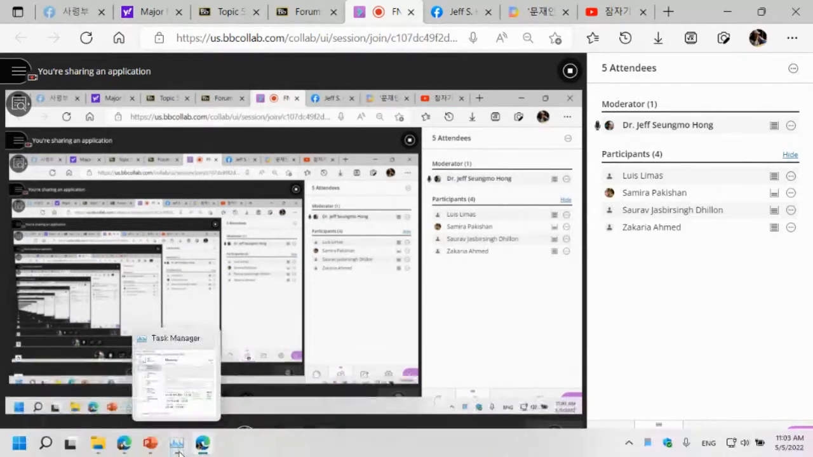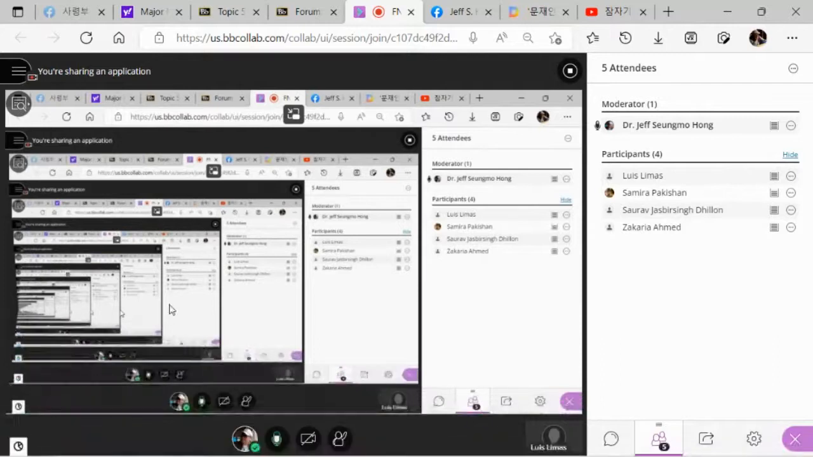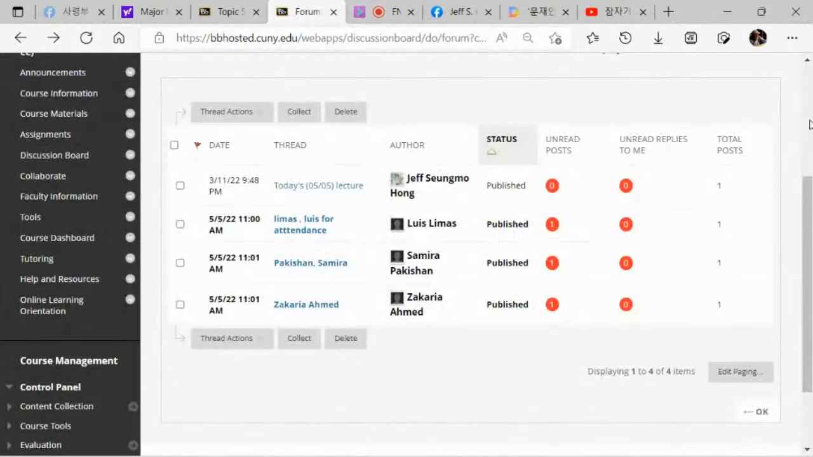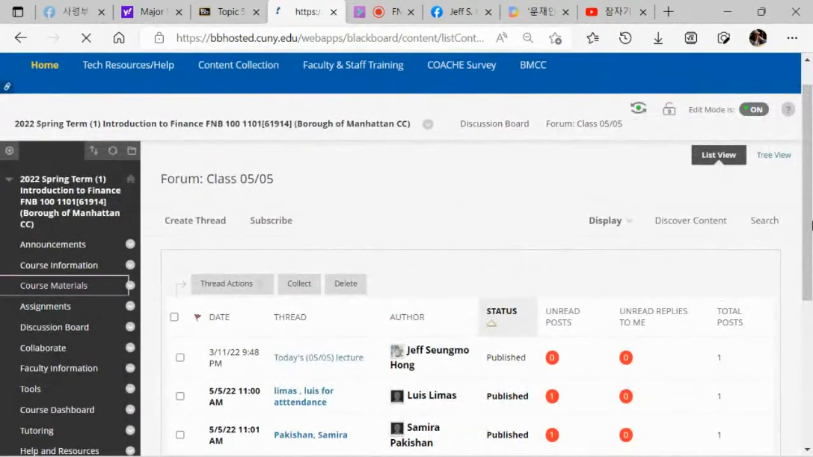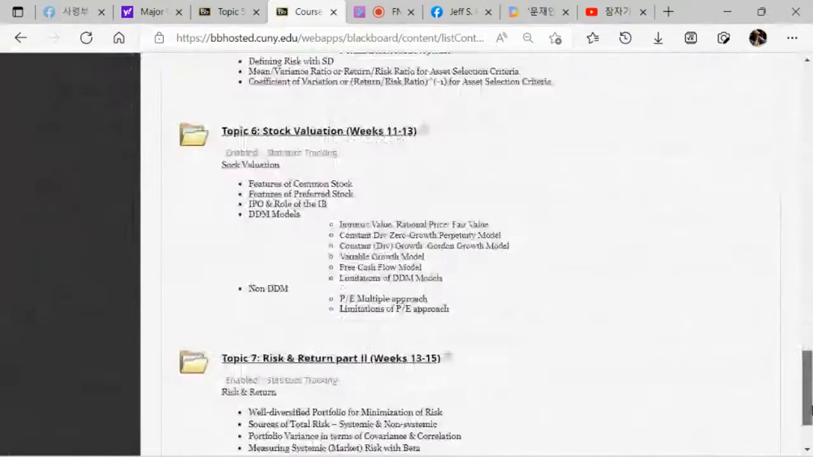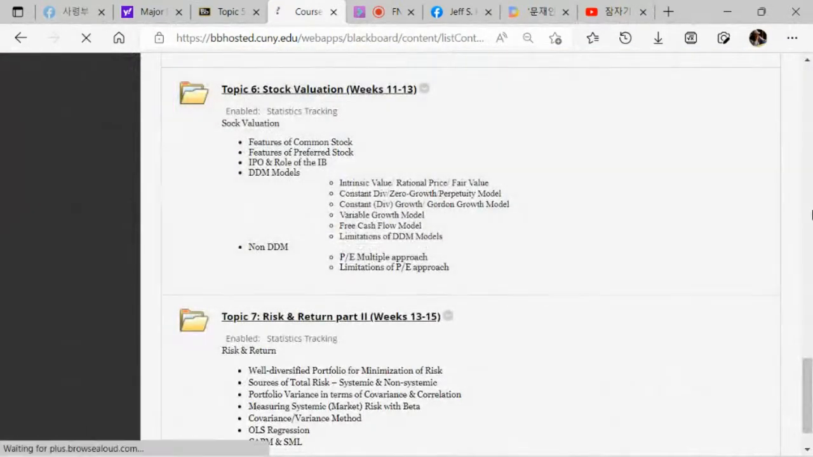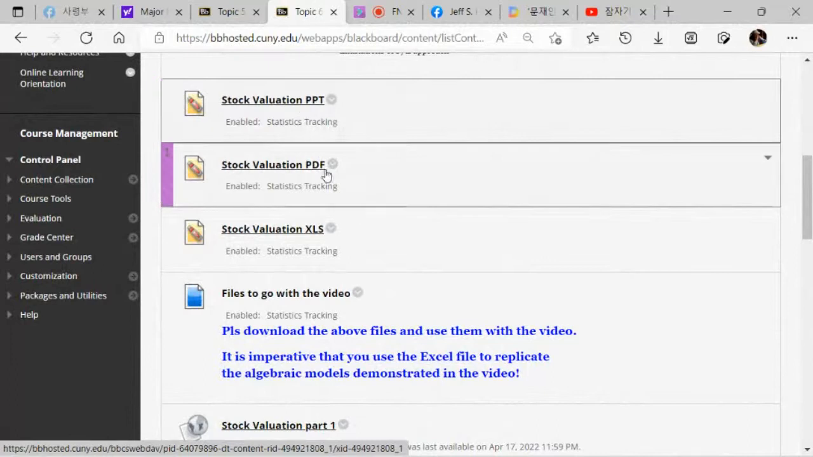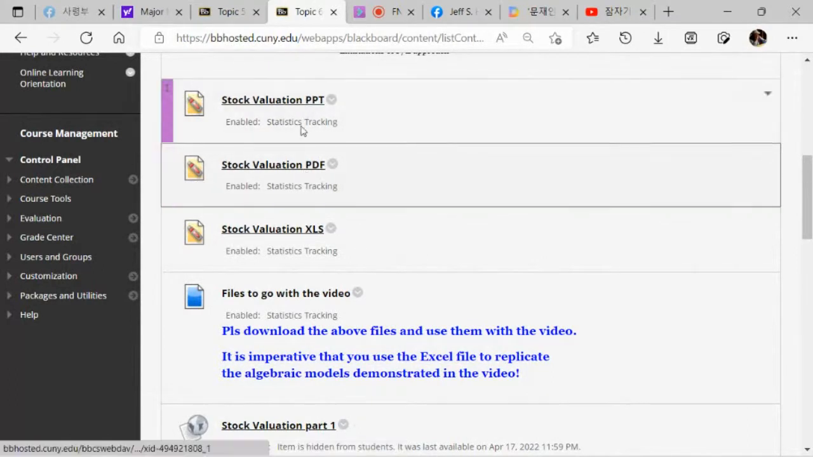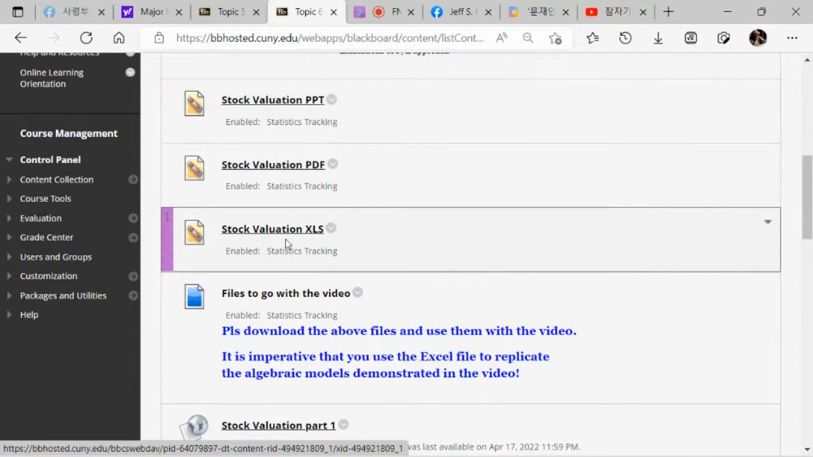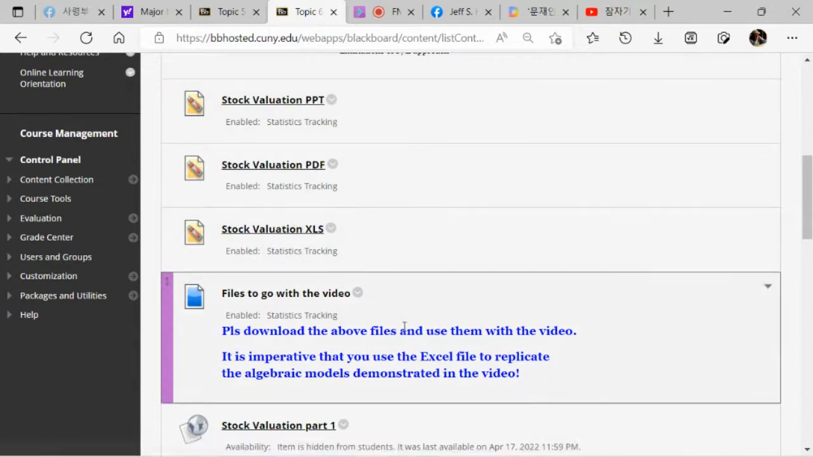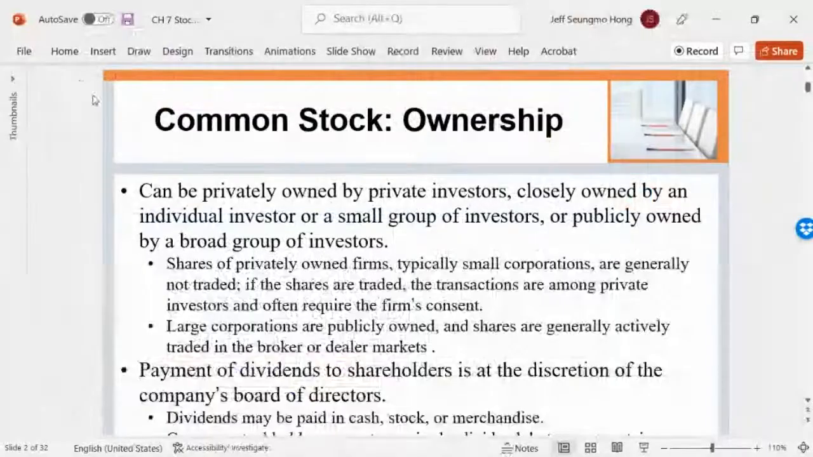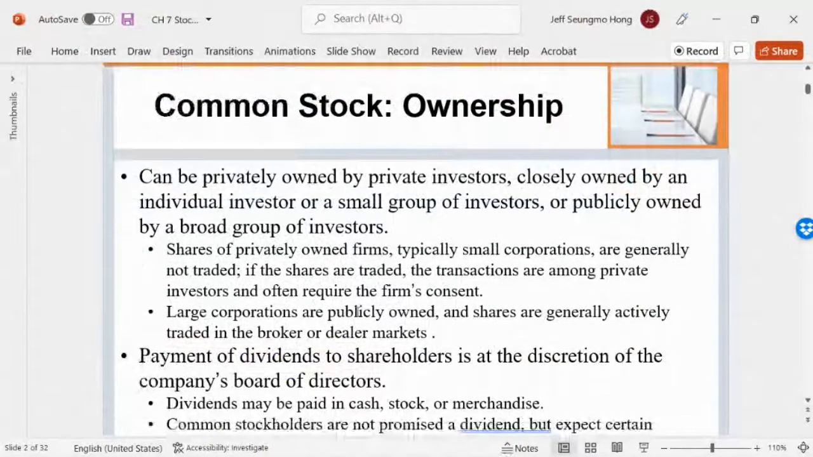Okay, all righty. So we're moving on to topic six, stock valuation today. And of course, you can go to course material and download the necessary files. I have two versions, PowerPoint and PDF, but they are slightly different. I'm going to use this PowerPoint. And then, of course, there's an Excel file. We're going to use this later. So first, if you download that PowerPoint,